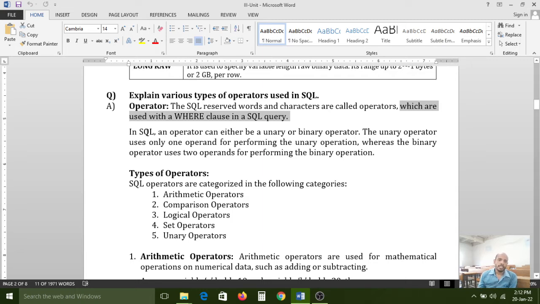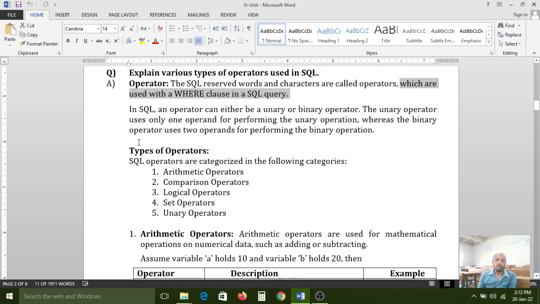Now let us understand how these reserved words and characters work like operators.